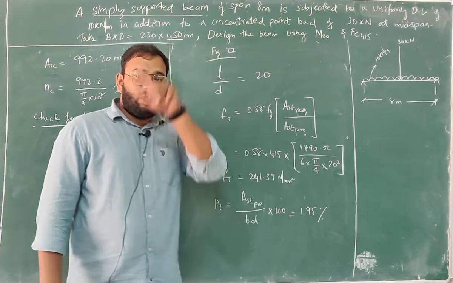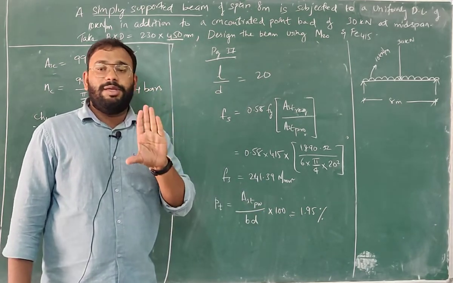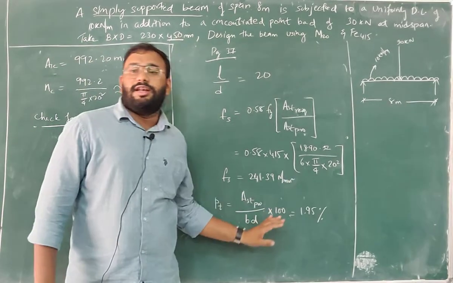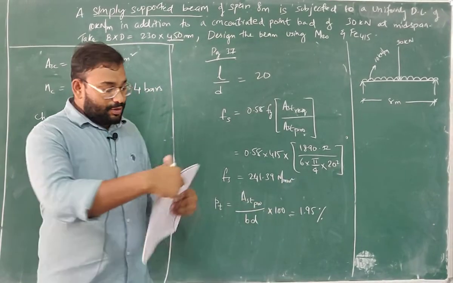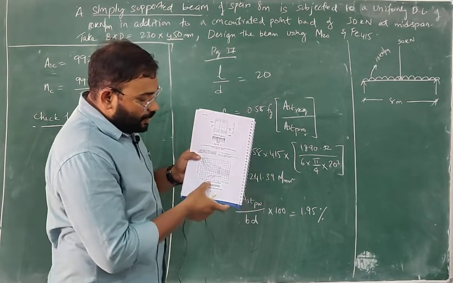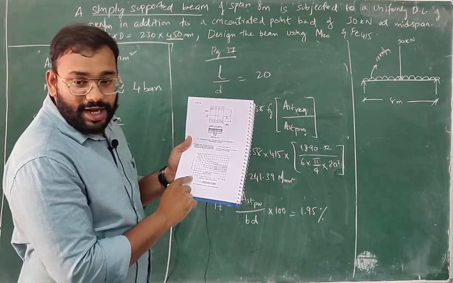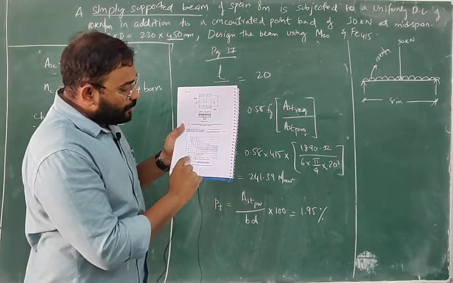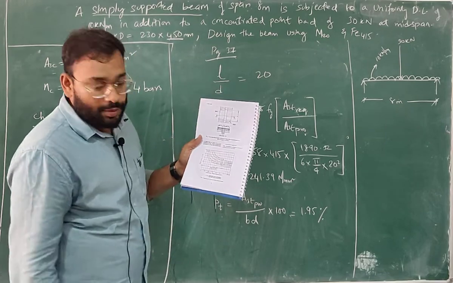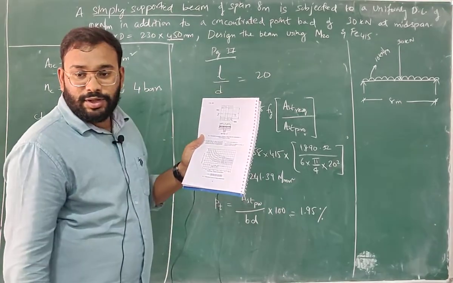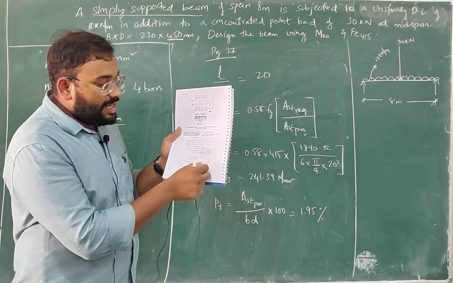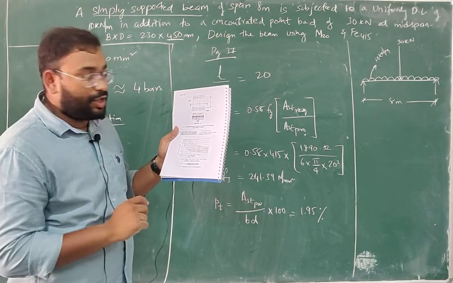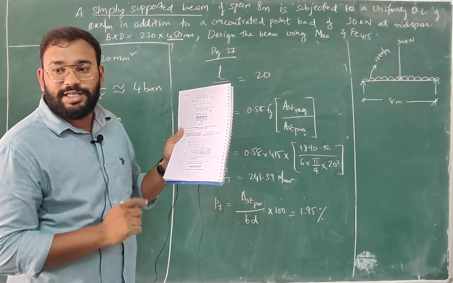Okay, let the total cross section of the beam be 100. So out of that 100, your 1.95 will be the steel reinforcement. Okay, so now using this chart, 1.95. See the values on x-axis, percentage reinforcement is on x-axis, you have 0, 0.4, 0.8, 1.2, 1.6 and 2. So 1.9 will be less than 2. See on x-axis, not on y-axis. Percentage reinforcement is on x-axis.